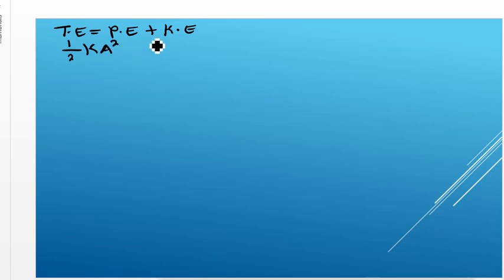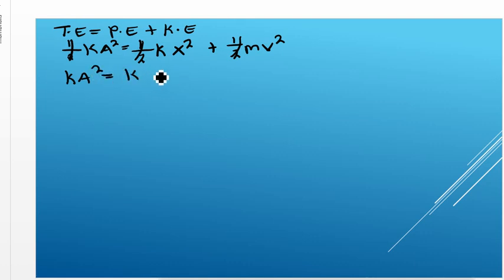k a to the power 2. Then of course this is going to be 1 over 2 k x to the power 2, because we know potential energy was equal to 1 over 2 kx to the power 2, plus kinetic energy is simply 1 over 2 mv squared. So we can cancel out the 1 over 2, and we're going to remain with ka squared equal to kx squared plus